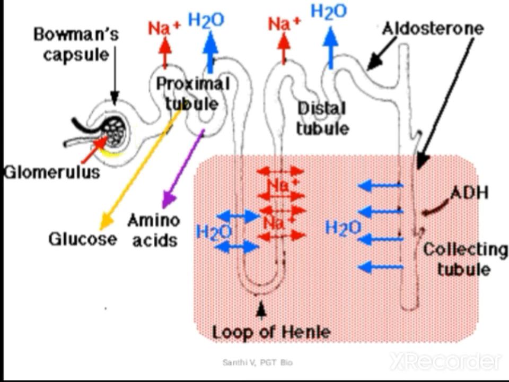Here the glomerulus forms the glomerular filtrate, and it is passed through the proximal convoluted tubule and Henle's loop, then later through the distal convoluted tubule, then the collecting duct. While it is being passed through, some substances are being reabsorbed and some are secreted. So absorption and secretion occur. Here water molecules are absorbed, and here also, like the sodium ion. So various ions and water molecules are absorbed according to the necessity.